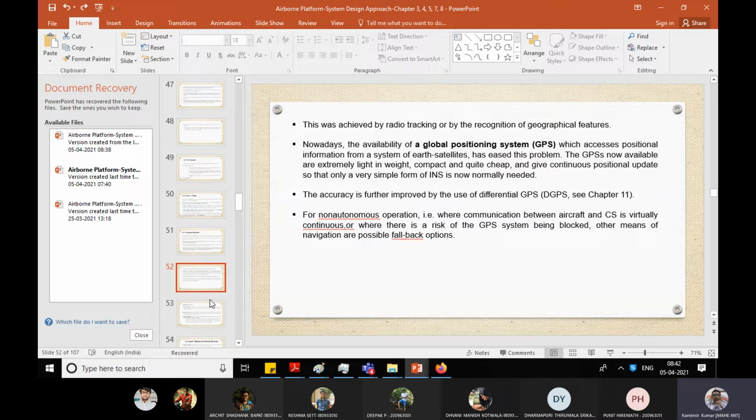But with a long time, when you go for a longer period, then INS gives more error. So for a short period, the GPS receiver gives more error, and for a long period, the INS system gives more error. So that is the compromise. It means if you have a GPS receiver, for a short period you follow the INS, because during a short period the integration error is less. So INS performance is very good, but with time the GPS receiver is very good,